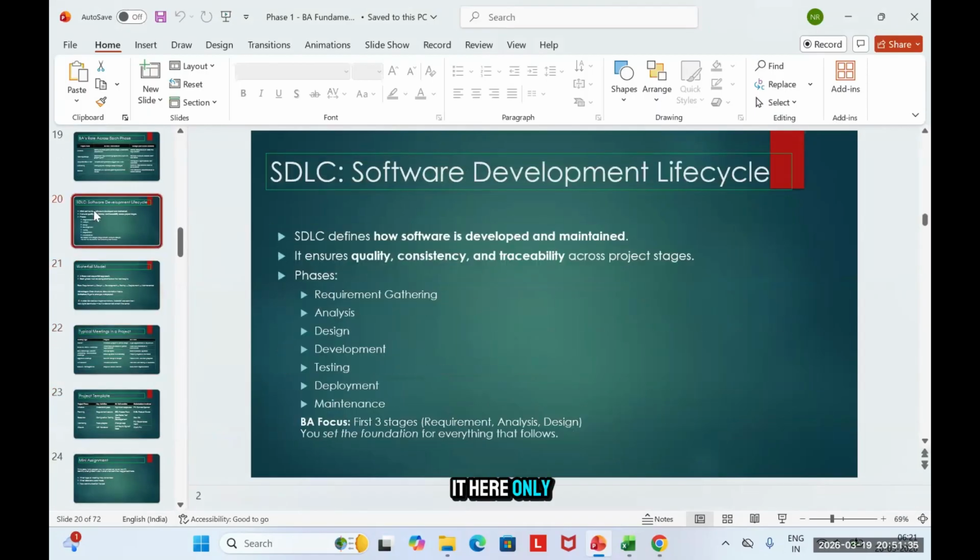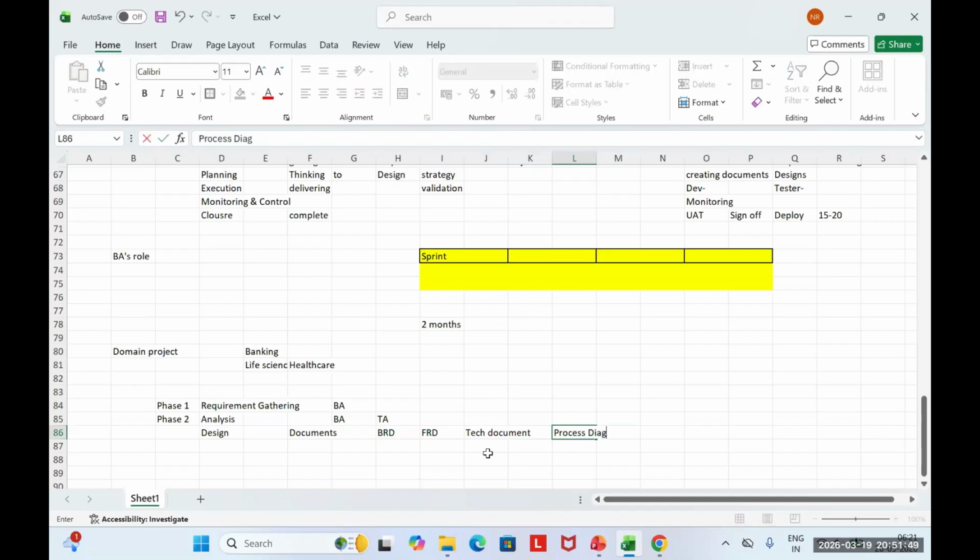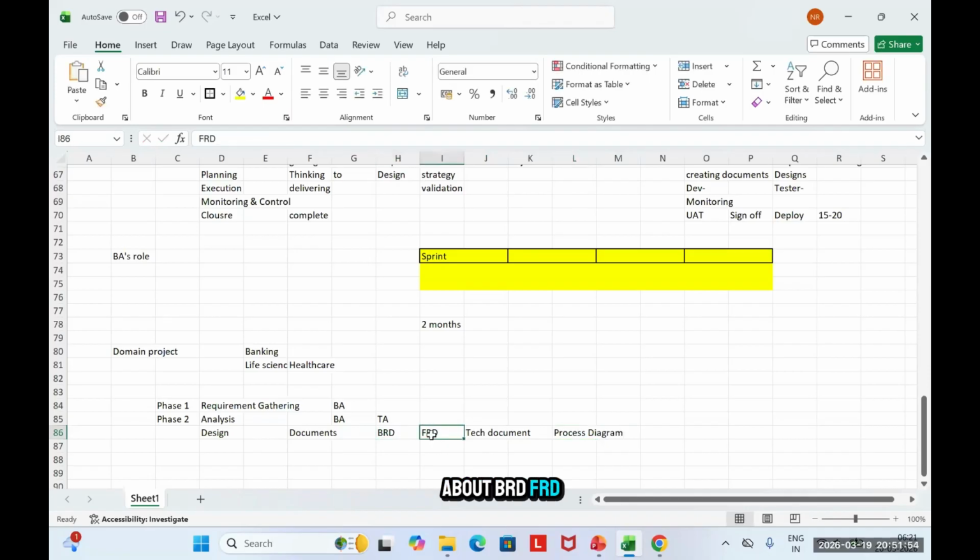So I have different documents: BRD, FRD, then there is a technical document. We will create process diagrams, right? BRD and FRD are the responsibility of a BA, and the technical document will be created by the technical architect. Process diagrams will again be done by BA. So this is what I'll do in my phase 2.